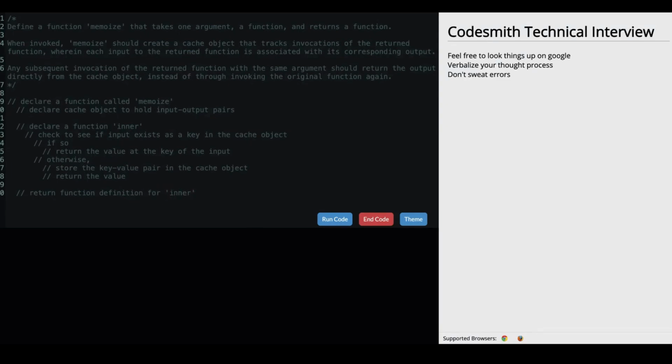Okay. Let me read through my pseudocode here to see if this makes sense. Declare a function called Memoize. Okay, so my outer function. I'll write here just for clarity, takes in a function or a callback